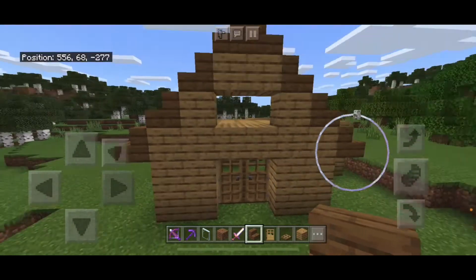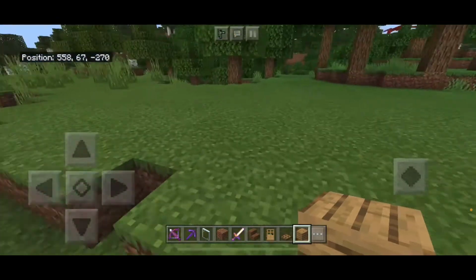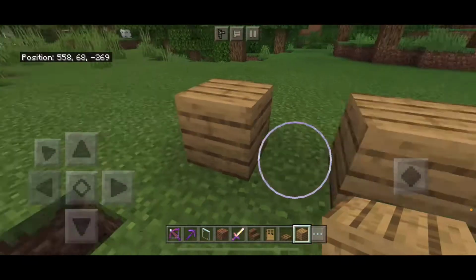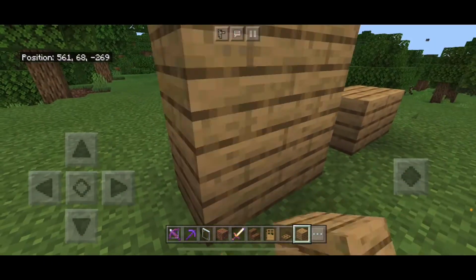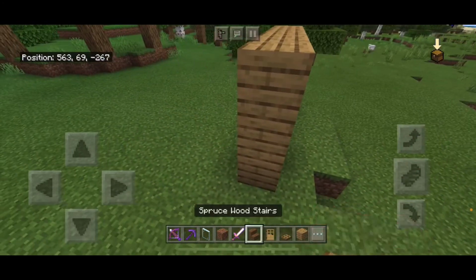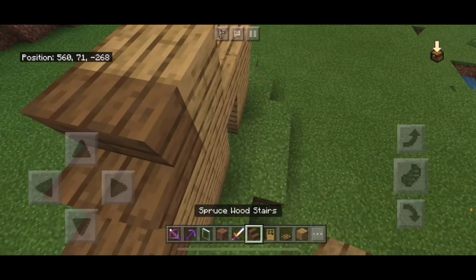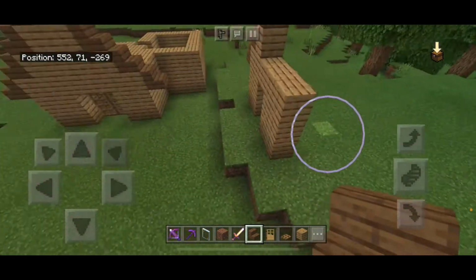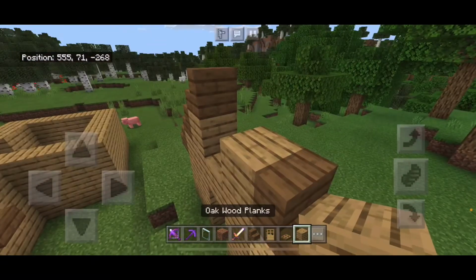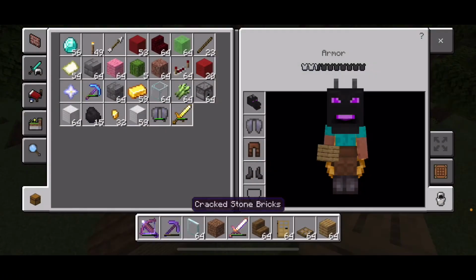But this is 2 center blocks. For a 1 centered, you would do something different. If you want me to do that right now, I can try real quick. And then, so what you would do for 1 center, you would go here, and then you would just keep on going up normally on one side, just like this, and then on the other side, stair placement, and then you would go up, and it would meet up like this. Then you'd place the block here, and then at the top you would